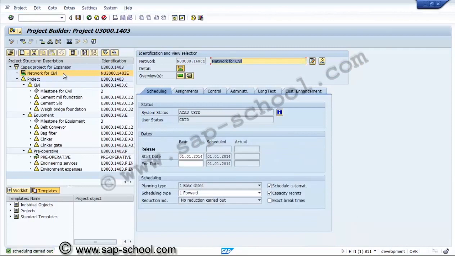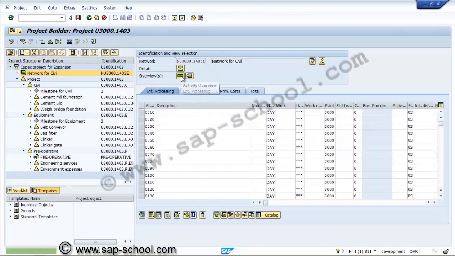So here we have created one network. You can see the activities. We have not selected them for the copy. If required, we can reassign this to civil.